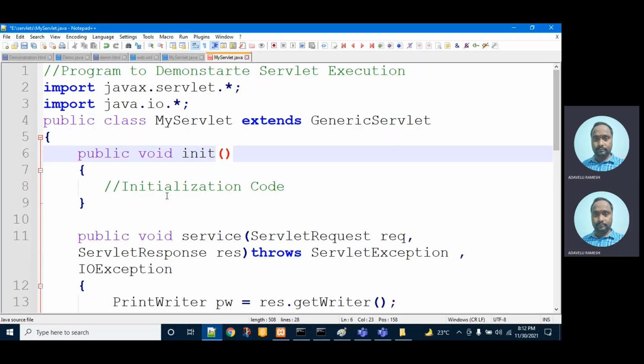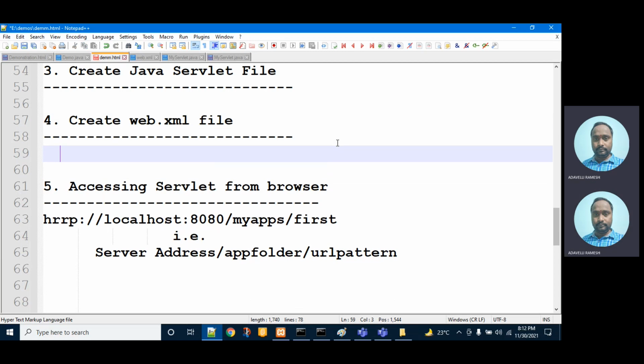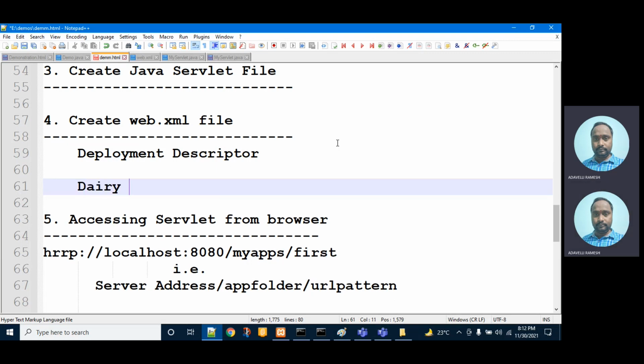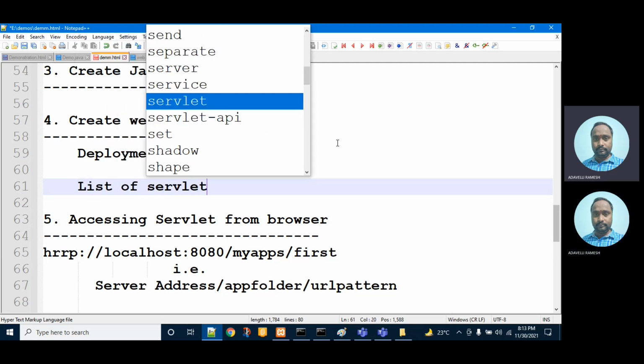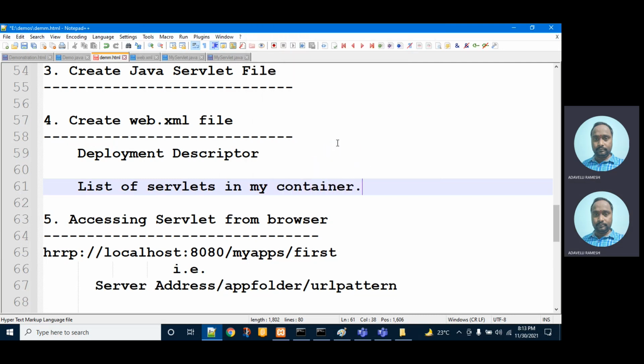The next and last step is to create the web.xml file. What is this web.xml file? This file is called the deployment descriptor. What information does it contain? It is like a diary, or list, of servlets in my container, meaning the servlet container.